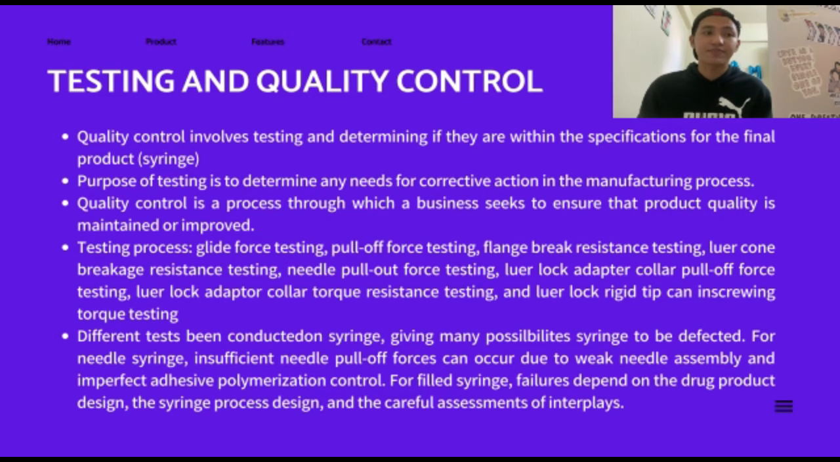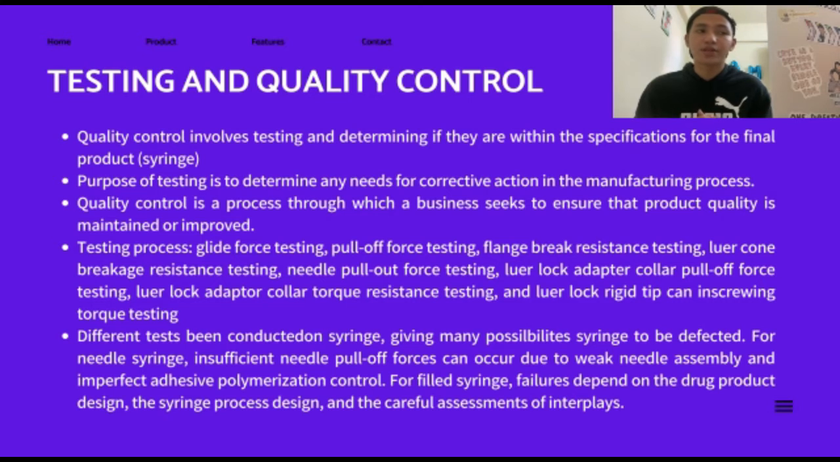This unit are rejected because it can be difficult to determine if a scratch is only at the surface of the material or if it is cracked. I mean fully cracked. Okay, for needle shrink, insufficient needle pull-off force can occur due to weak needle assembly and